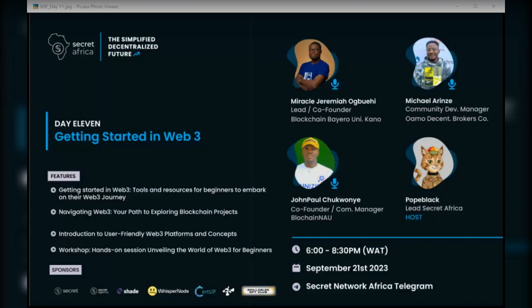And most times, don't use the same wallet when doing airdrops. What is an airdrop? An airdrop is like a giveaway. It's like a company wants to do adverts and get a lot of people. It's part of marketing. For example, if we are Secret Network and we want to get a lot of people, we might say we are doing an airdrop, we are giving some amount of this to the community, and they have a task to be done. So don't use the same wallet you are using for airdrops also for your main wallet,